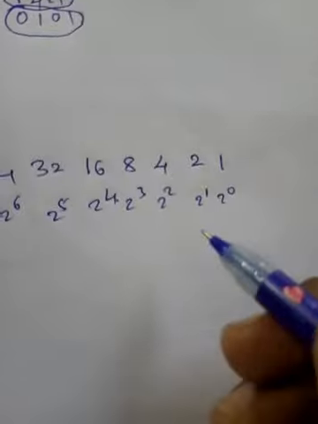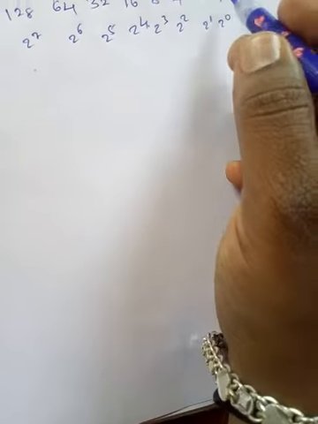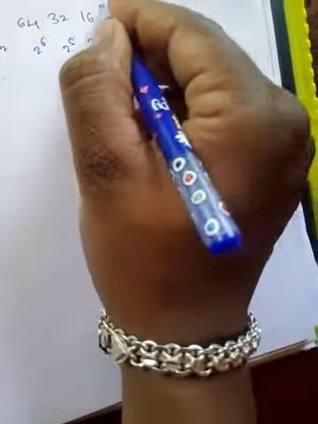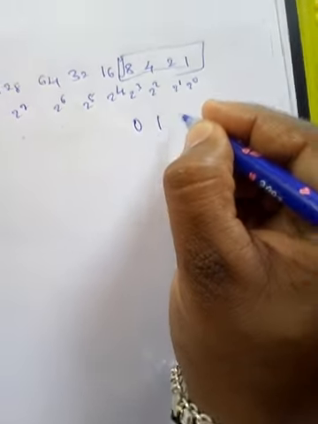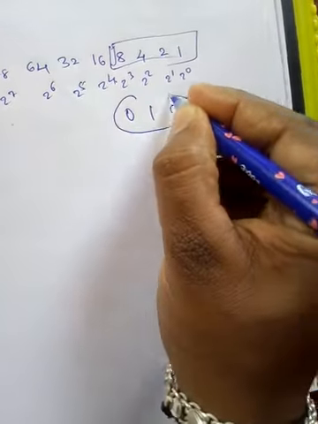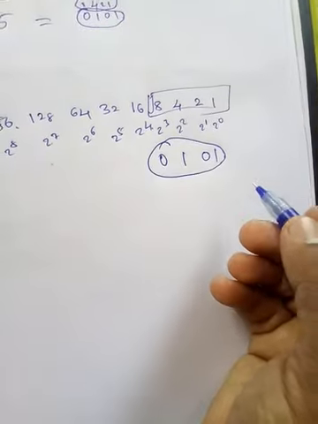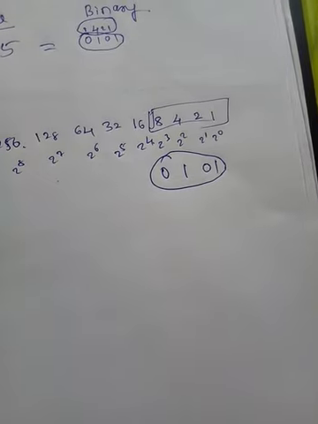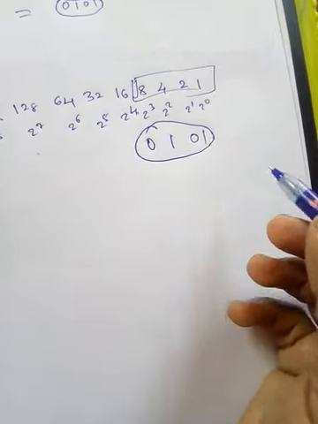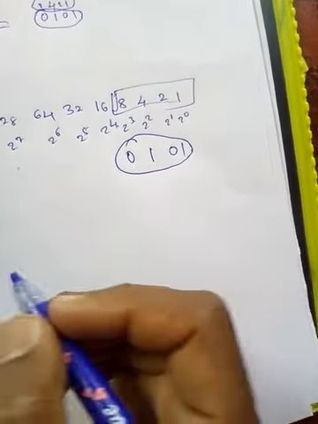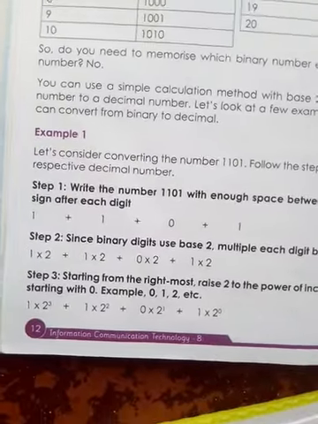If you represent the decimal number 5, you will take the help of 4 and 1, so you have to take 4 bits. First take only 4 bits, then it will be represented as 0101, which is the binary equivalent of 5. This is the decimal to binary conversion. You can also do it in the form of multiplication, to cross-verify with this one. It is also given in the textbook on page 12. Take the number 1101; you can solve it using this method also.